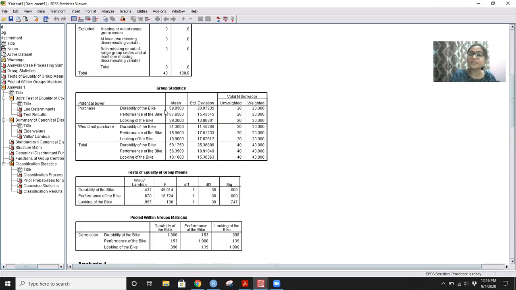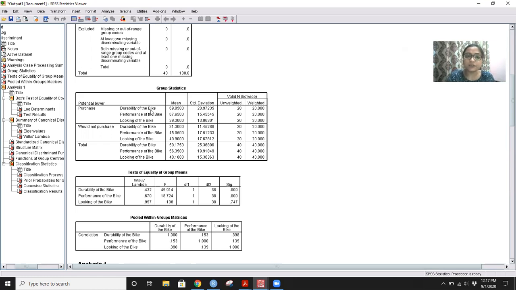Then looking at the group statistics, these are your two groups on the dependent variable, purchase and would not purchase. And these are the three independent variables which you have: durability, performance, looking. Now this mean depicts the mean value for each of the independent variables within each group. What is your objective? Your objective is that the independent variables are able to maximally discriminate the groups on the dependent variable.